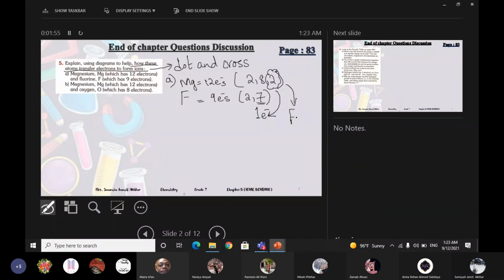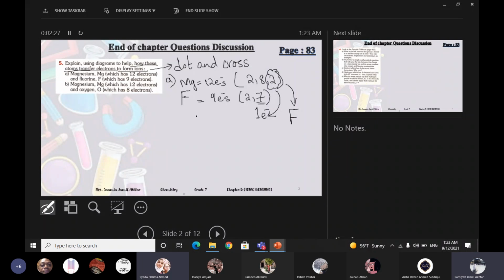Teacher, I had a question. Do metals give electrons to non-metals, or can non-metals also give electrons to metals? No, metals give. In the starting I told you that metals are the donors. So it's always metals that give and non-metals that receive. That's why non-metals are always negatively charged. Good. Okay, thank you.